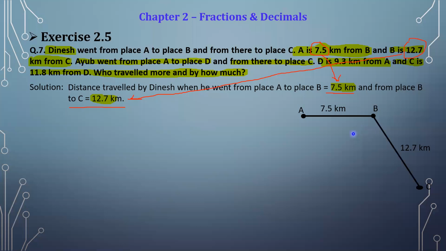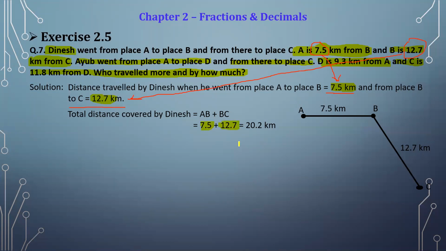So the total distance traveled by Dinesh is AB plus BC. That means we have to add these two distances, 7.5 and 12.7. They should be added to each other. Then we get the total distance covered by Dinesh as AB plus BC. Now just put down the values. The value of AB is 7.5 and the value of BC is